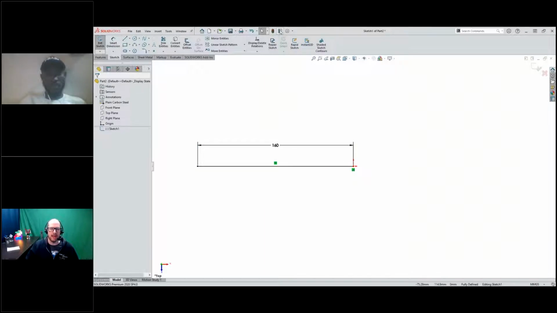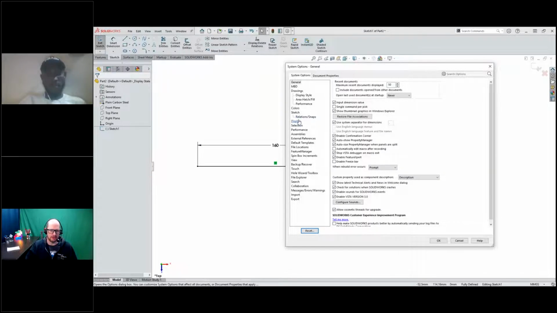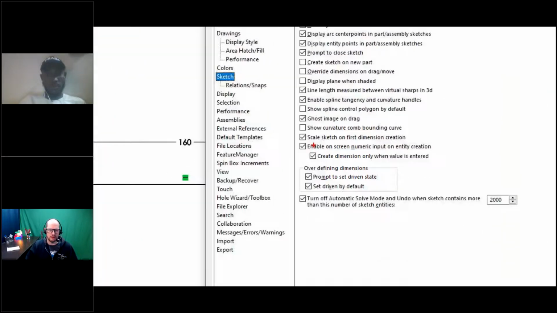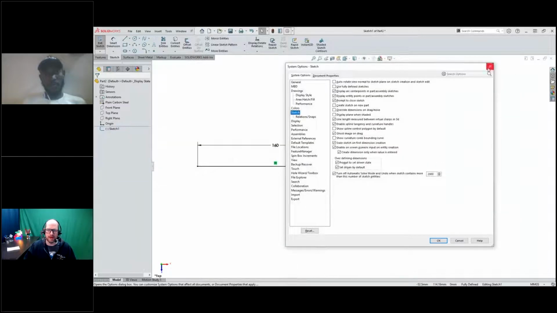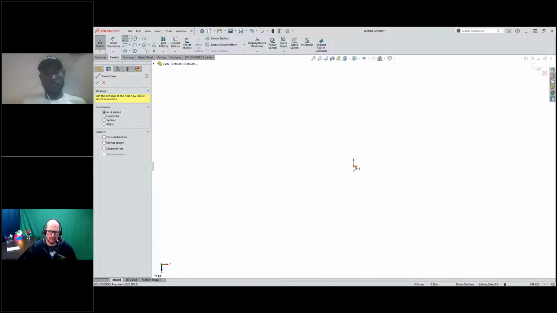And the way that this works is we go into our options here, and in our options, there's a section for sketch. And what we do is we turn on these two options here. So when you go into sketch mode, you turn on these two options, enable on-screen numeric input and create dimension only when a value is entered. And if you turn on those two options, that's going to give you the ability to do this automatic dimensioning